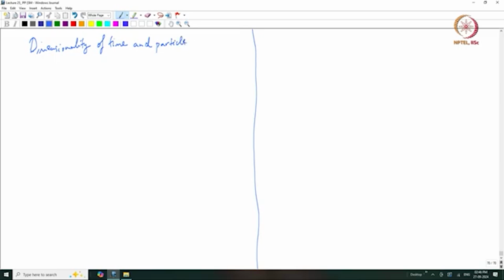Why are these two things related? How are these two things related is what we are going to see now. The fact that we have only one dimension of time is very deeply related to a property of particle decays. Okay, and let us begin the discussion